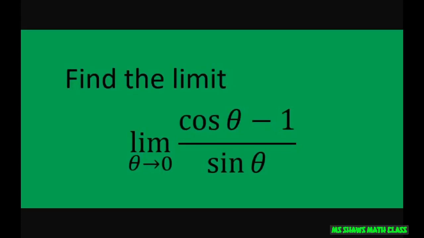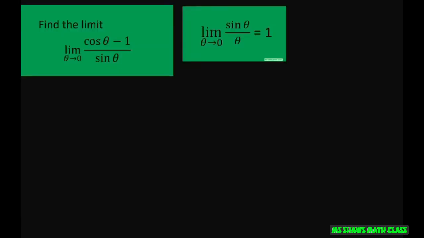Hi everyone, we're going to find the limit as theta tends to 0 of cosine of theta minus 1 divided by sine of theta. Now, if you recall, if you plug in 0 here, you're going to get undefined because you can't divide by 0. So we want to rewrite this equation